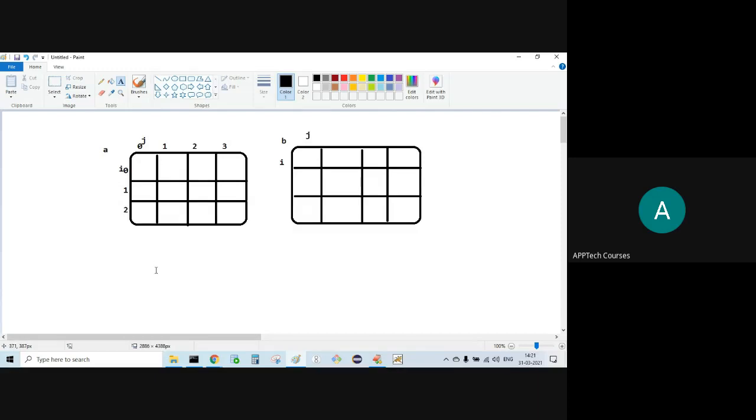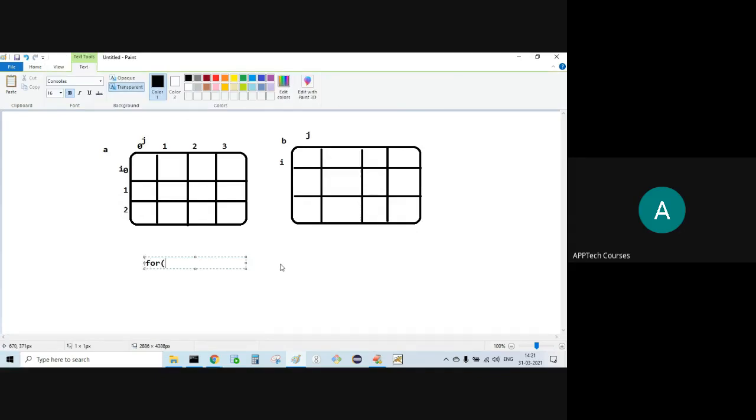Write the for loop. How can you write the for loop? Everything is same. i equal to 0, i less than length. Here you have 0, 1, 2, 3.